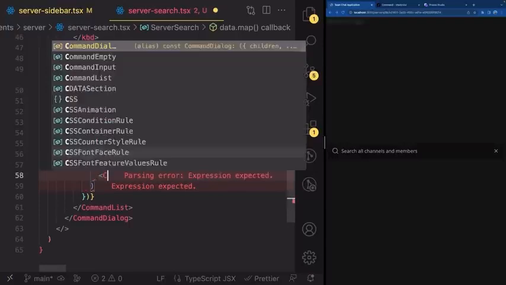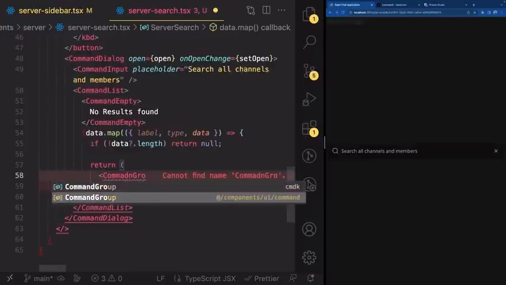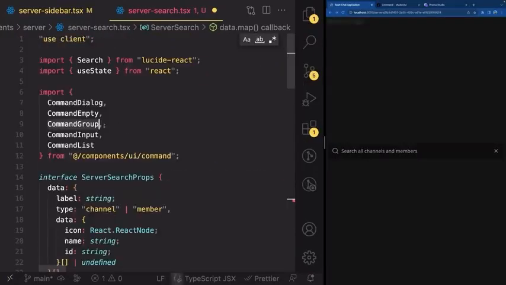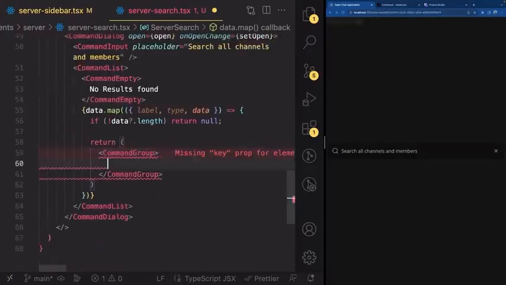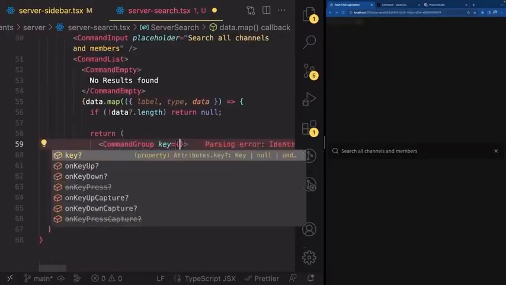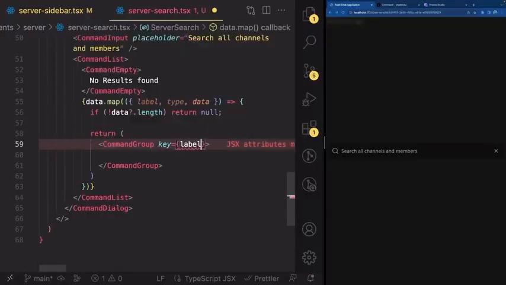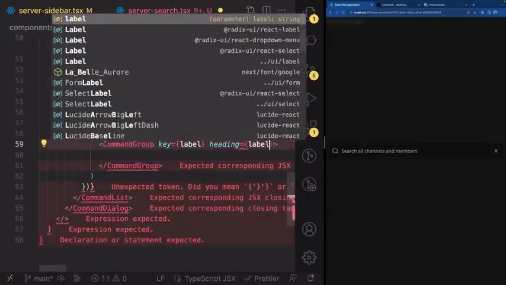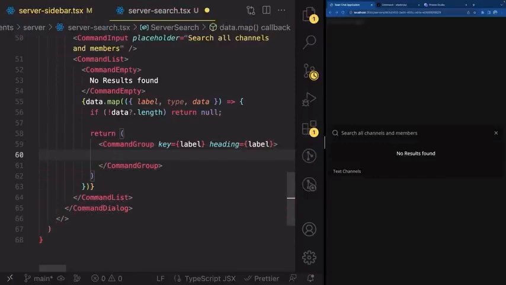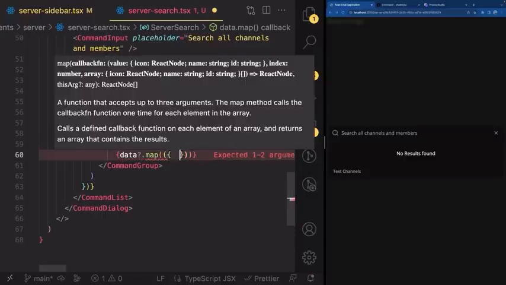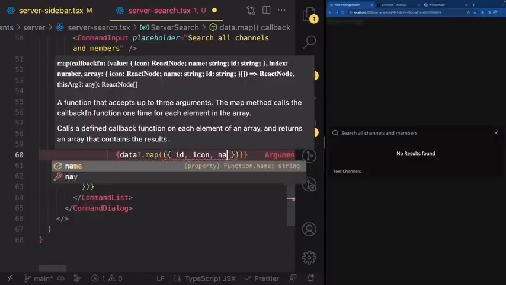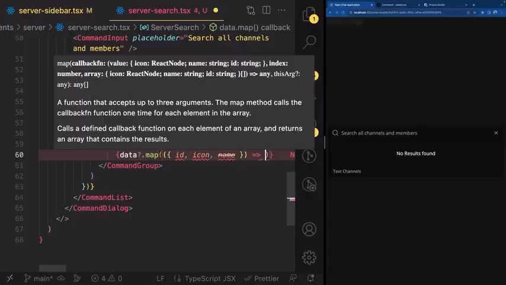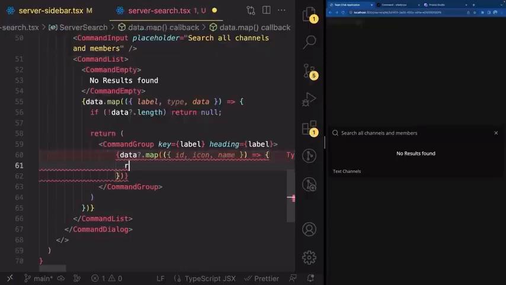Otherwise, go ahead and return a CommandGroup from @/components/ui/command. So make sure you have CommandGroup imported here. And inside, let's give it a key of label, and let's give it a heading of label as well. And let's write data?.map. So this is this inner data now, map, and go ahead and destructure the id, icon, and name like this, and return